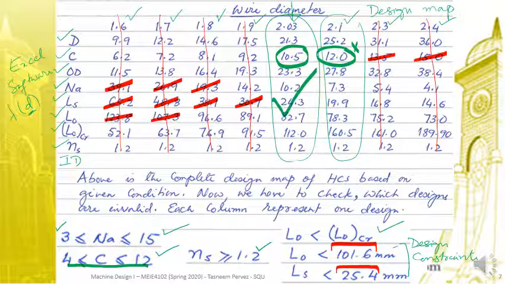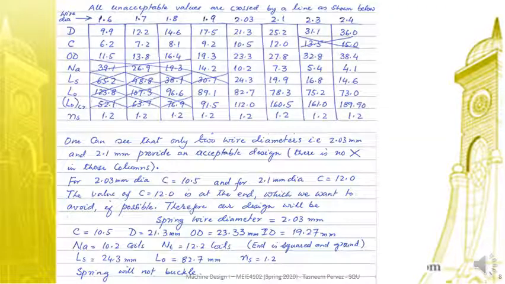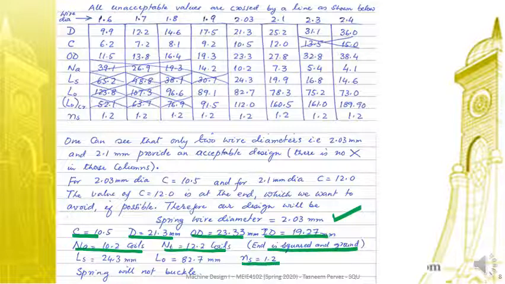So what is my design? My design is this one. And this is what you will see. I have put it over here. And these are all my design parameters: wire diameter, spring index, mean coil diameter, outer diameter, inner diameter, number of active coils, total number of coils, what is the end condition, what is the factor of safety at shut, what is the free length, and what is the